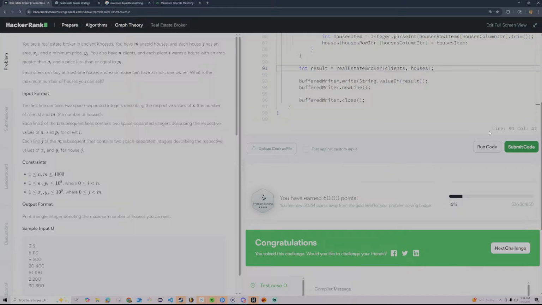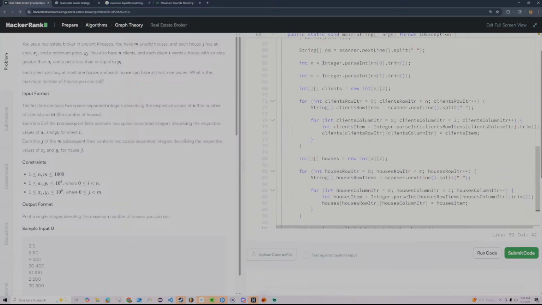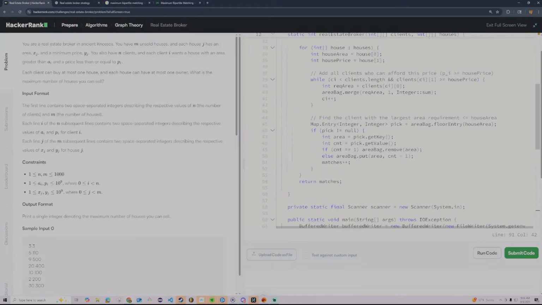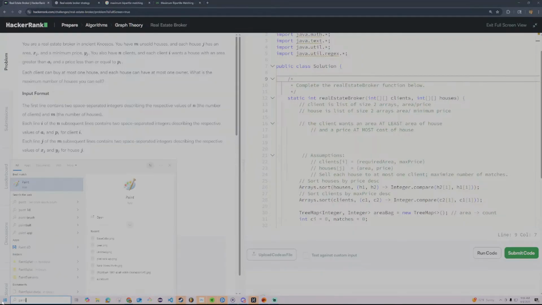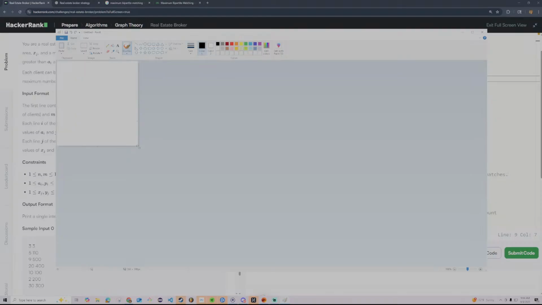Alright, so it's a maximum bipartite graph. So basically, the trick here is understanding that breakdown. This is the graph here. It's a maximum bipartite graph. It isn't one that is like that. So it's basically what this is